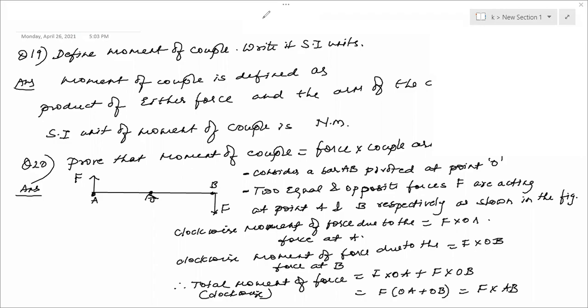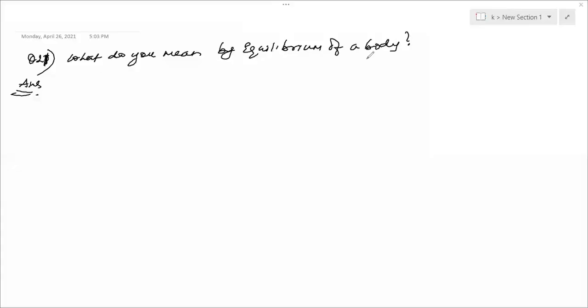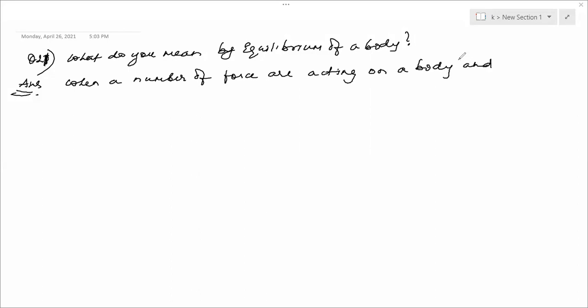Question number 21. What do you mean by equilibrium of a body? See, when a number of forces are acting on a body and it doesn't produce, and there is